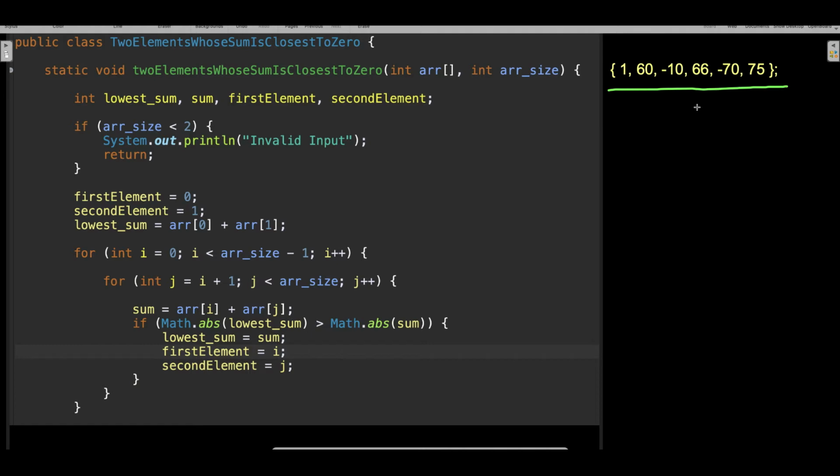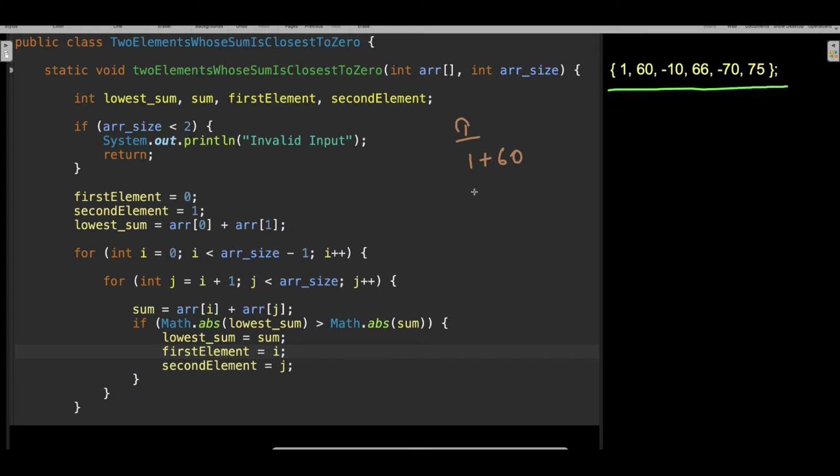So let's say this is the given array, right? What you have to do, guys, is find the sum and compare the sums. Let's say I go with the first iteration. In the first iteration I have to do 1 plus 60, right?